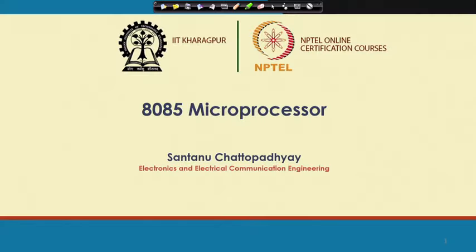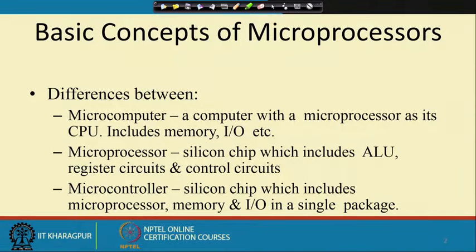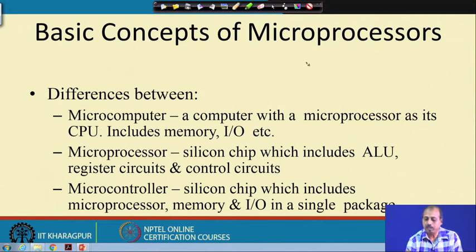in the processor board or in the basic circuit board that we have. Now, if you look into microprocessors, a microcomputer is a computer with a microprocessor as its CPU. To start with, we can say that a computer system consists of components like